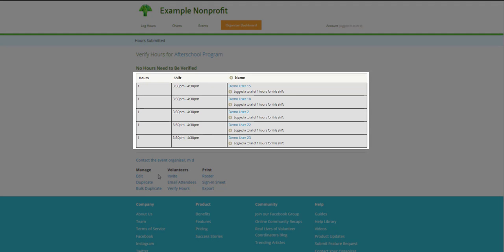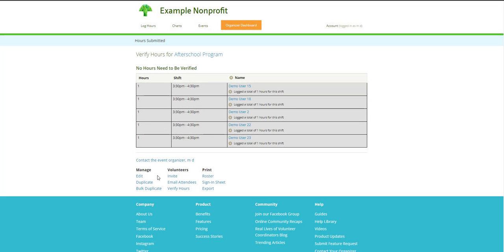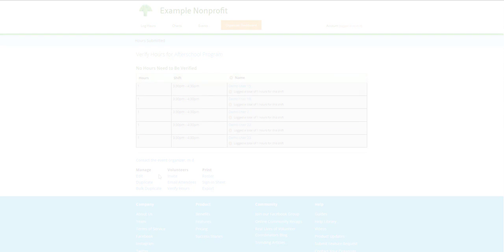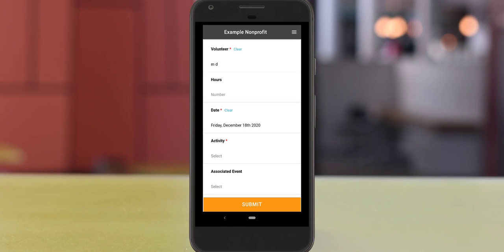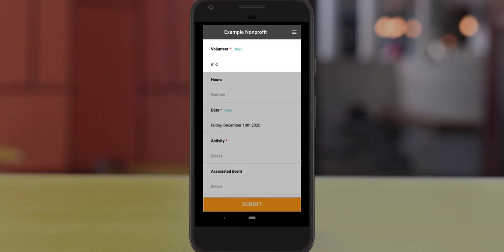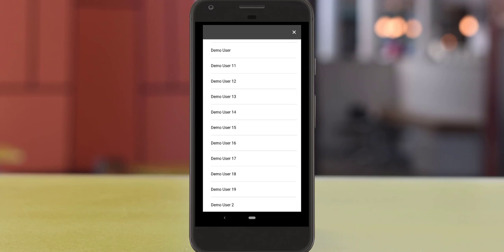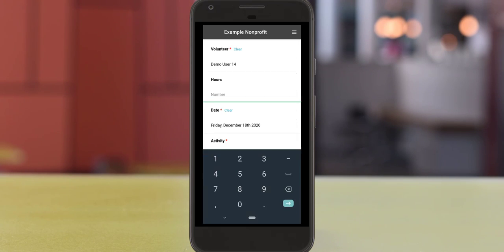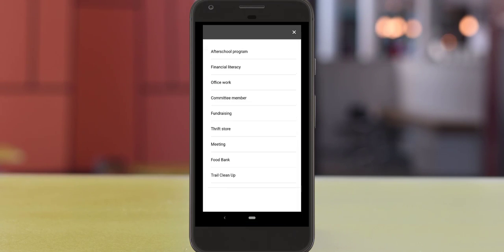Verifying hours from a past event is generally the best option if your organization is already coordinating opportunities through the calendar. Another option as an administrator is to log hours on behalf of volunteers using the mobile app. When you visit your hour log, you will have the ability to update the volunteer selected and log hours on behalf of another user. This is a great option when you don't have access to a computer and need to